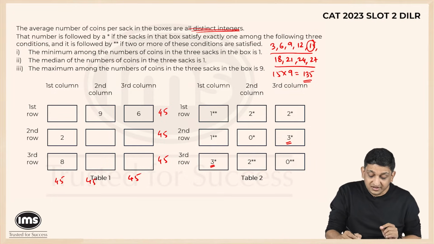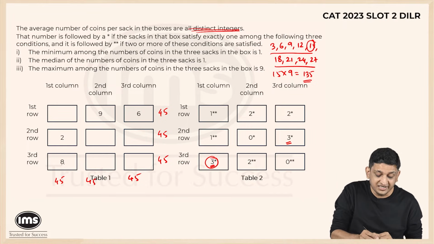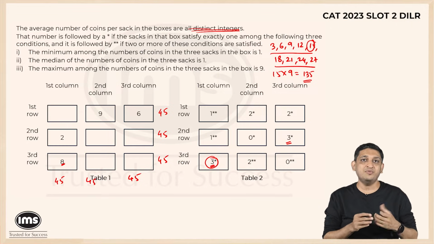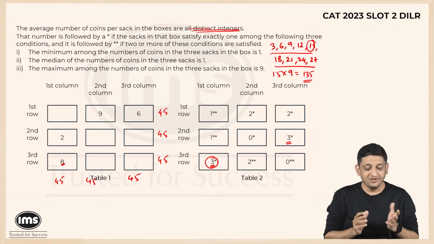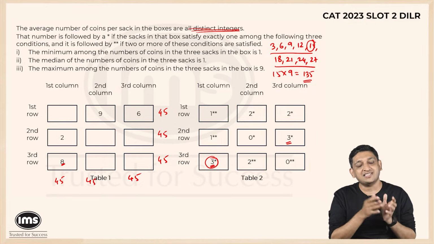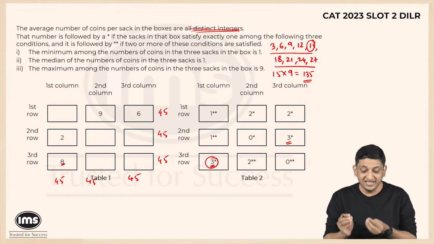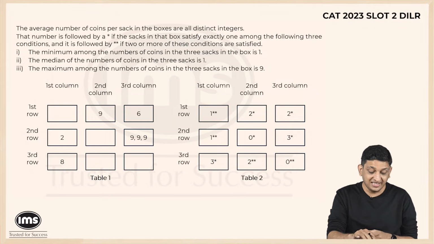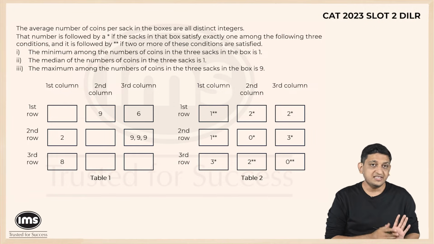Right? Now, if this one has a 999, then there is a problem. And why is there a problem? Because we know that the median is 8. If the median is 8, it means that the denomination of the number of coins in one of the sacks is 8 for sure. And that is the middle value as well. Now, if 8 is the number of coins in one of these sacks, I cannot have 999 in 3 sacks. Now, that tells us one very obvious fact, that this has to be the box which has the 999 configuration. And that helps us with one part of the puzzle. So I've already figured out which box is the one that has a 999. Now this part is taken care of.